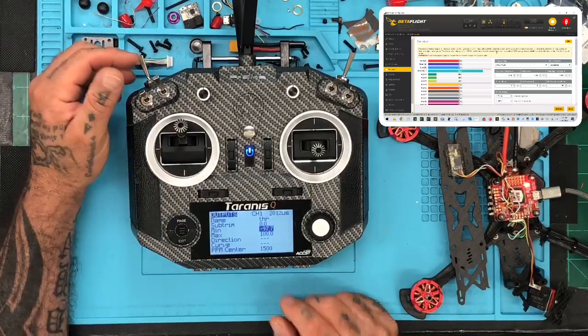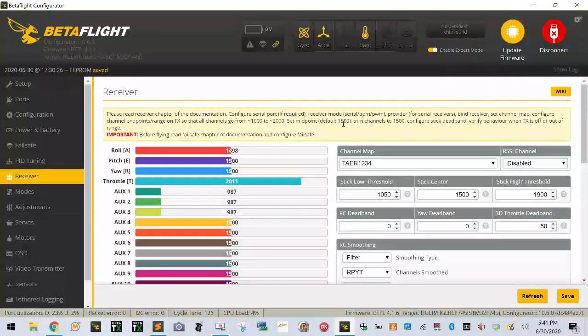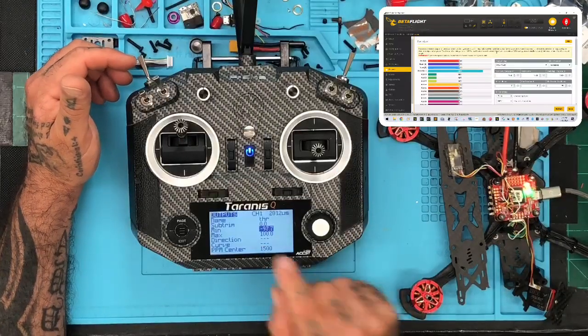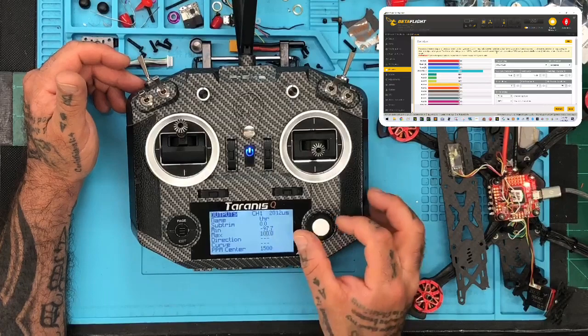So take your throttle all the way up, and you see how it says 2011 in BetaFlight. Let me show you. See that right there? And what we want to do is make it say 2000, right? So here's what we're going to do. We're going to turn our dial now and go to the max, press enter, and we're going to roll it